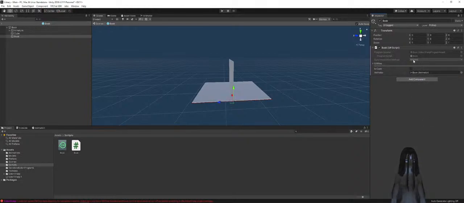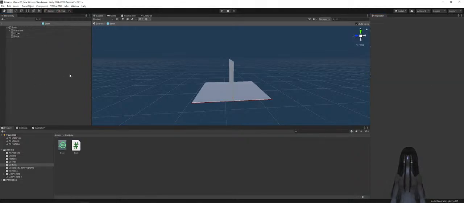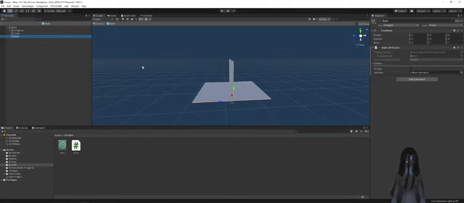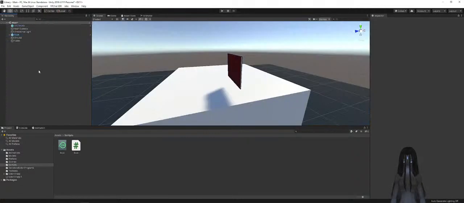And you see now I can also change the manual serialization mode because I set it in the script. Now that has that, so let's set open to false. Okay, cool. So now if I save this and I run this,